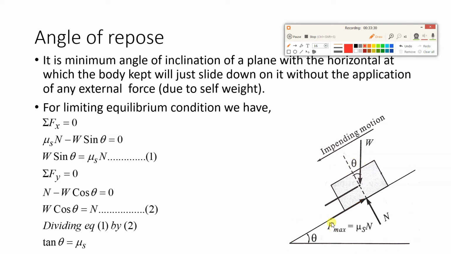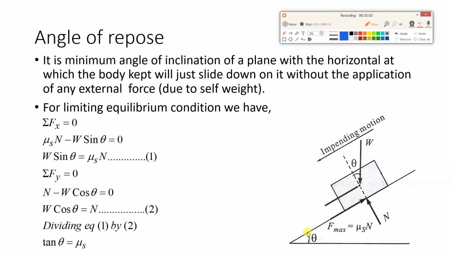Now we will talk about the angle part. Why is this angle theta over here? The angle between the horizontal and the inclined plane is theta. Now N is perpendicular to this inclined plane, and W is perpendicular to the horizontal plane. Since this angle is theta, this angle will also be theta, because weight is perpendicular to the horizontal plane and the normal reaction is perpendicular to the inclined plane. So this is about angle theta.